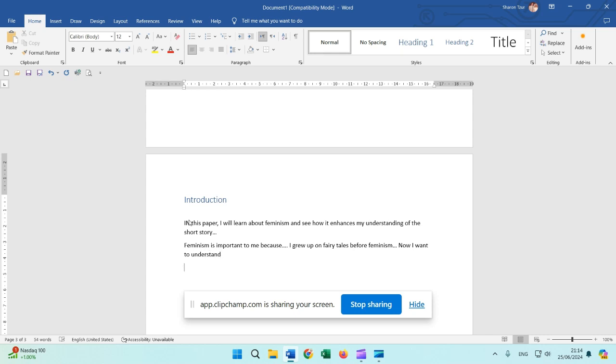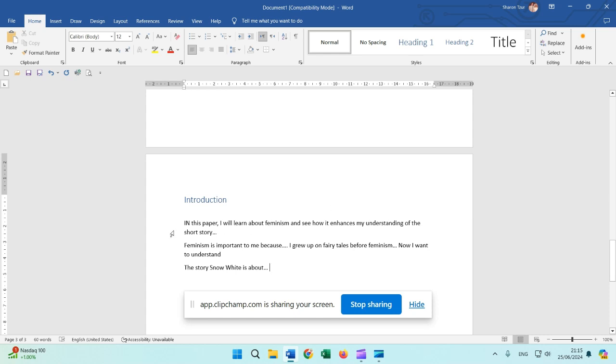And then the other thing you're going to have in your introduction is a summary of the story. The story of Snow White is about